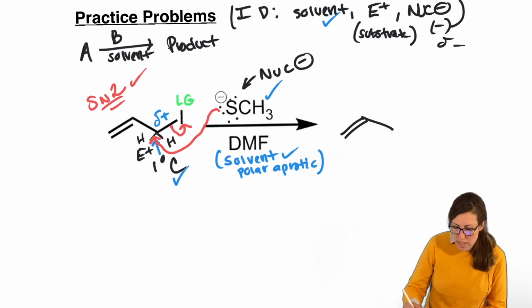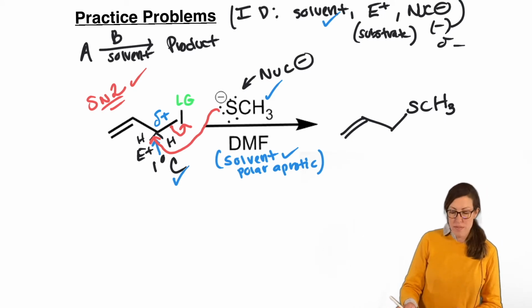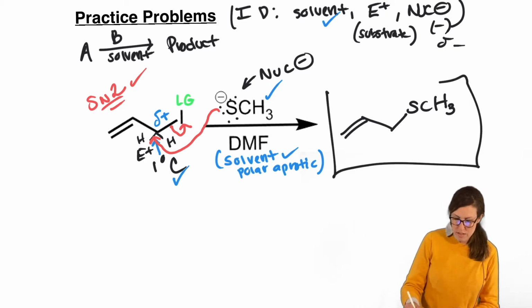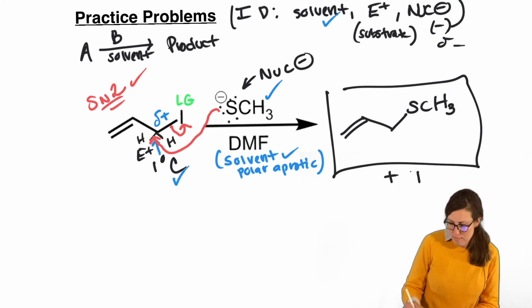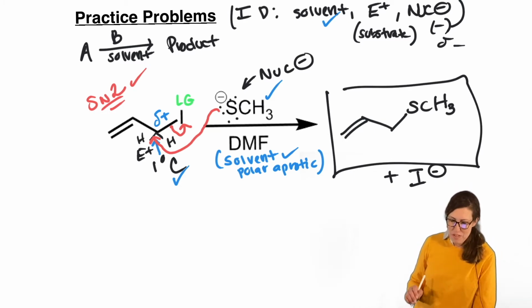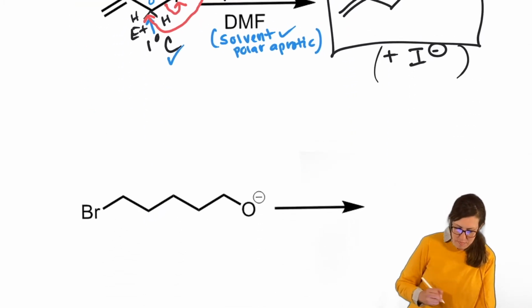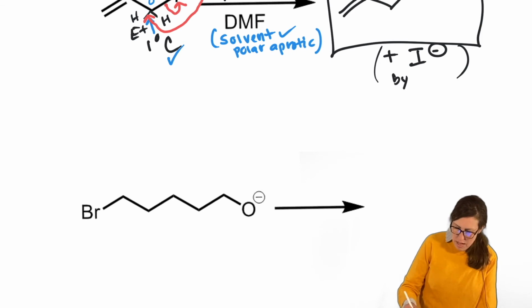We had two H's on that carbon, so there was no stereocenter. So this is a simple case. Don't even have to think about that. We just draw S, and everything that was attached to it comes along as the nucleophile. That's our new product. Our byproduct means product that formed that we don't care about as much, was the I minus from the leaving group. So I'll just put that in parentheses. Byproduct.